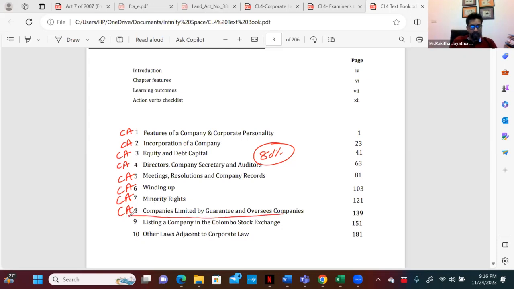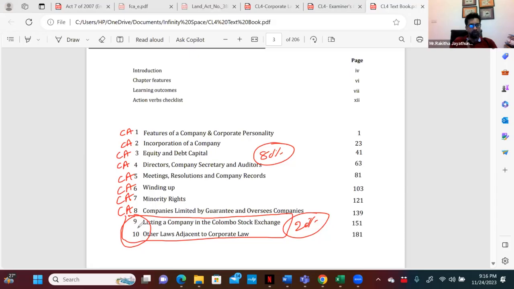But these two topics, listing of a company on the Colombo Stock Exchange and other laws adjacent to corporate law, are not part of the Companies Act. Therefore, this 20% is important. When you're allocating your time, I would suggest you memorize these two topics. Allocate more time, memorize these things. I assure you, you can get a very good grade if you excel in these two topics also, because